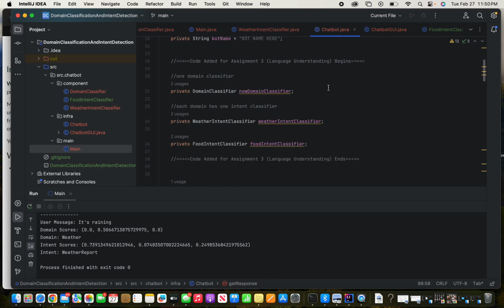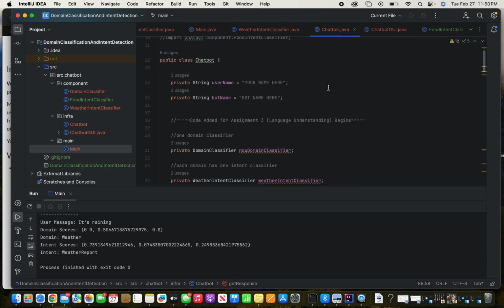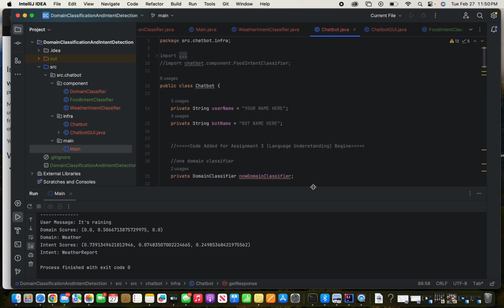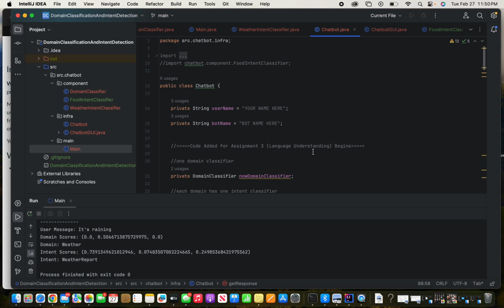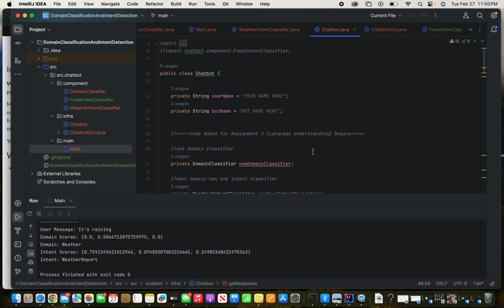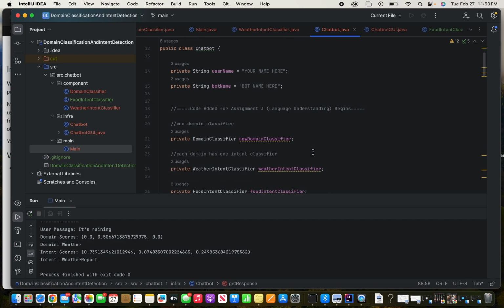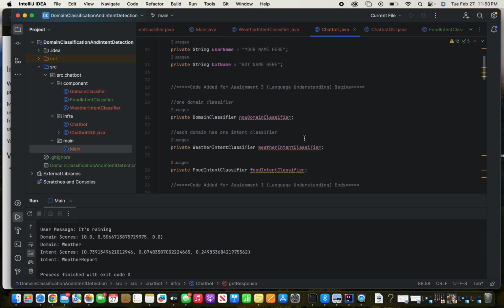But if we move over to chatbot.java, you can see that this code was remodified and changed. So the last assignment, you had to enter specific phrases to get specific responses, but this is based off of keywords that the user types in. So we've added some private variables for both of the classifiers, weather intent classifier, food intent classifier,